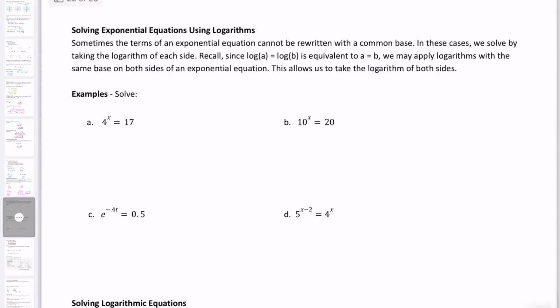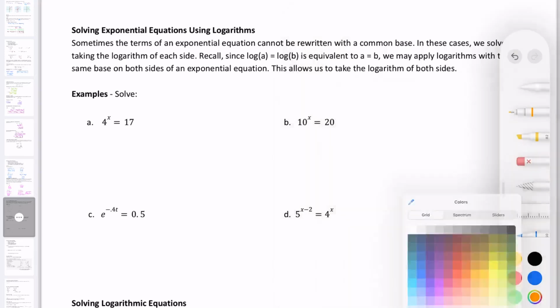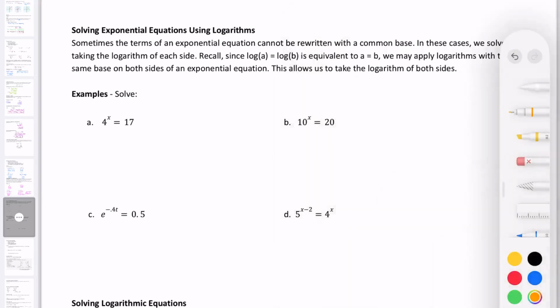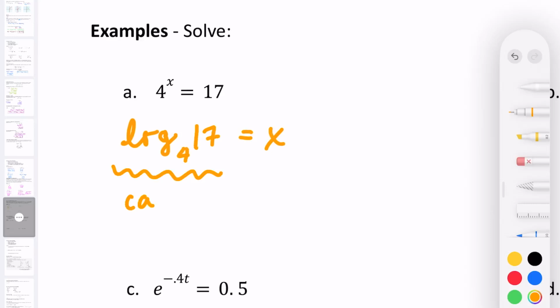Next up, we also can solve exponentials using logs, so we can convert between the two if there's ever a situation where one is not convenient for the other. For example, 4 to some power is equal to 17. Sure, I believe that, but what number could that be? We know it's not a whole number. So in this situation, it might make the most sense to simply solve it as a log and plug this into your calculator,